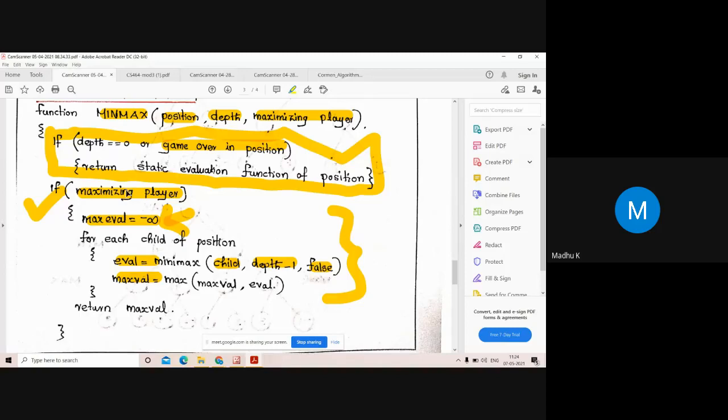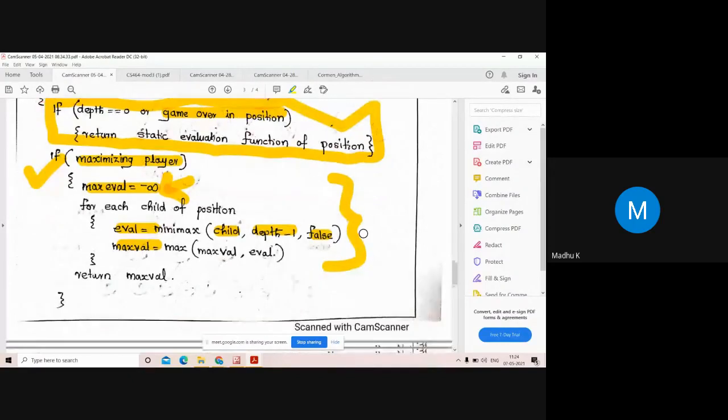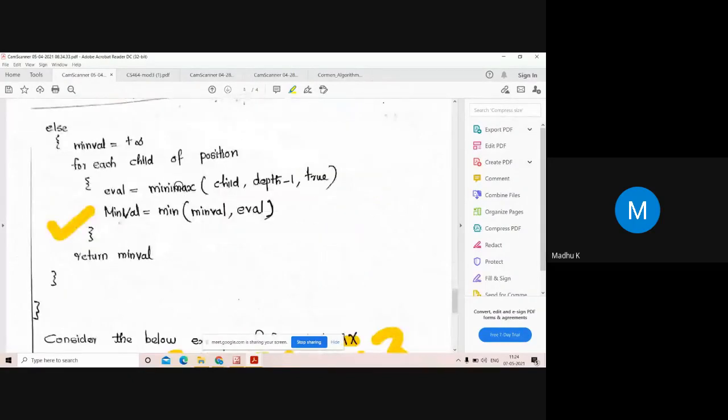So maximizing player, it is false here. Then it calls this function again. This is one part, and the second part is the